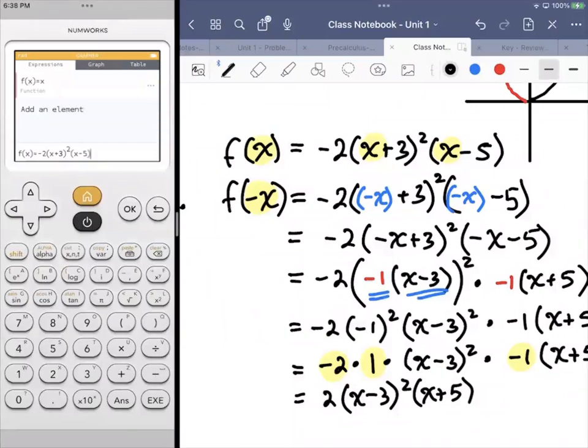All right, so this is my original function. Then I'm going to pop in another one, which would be the one we just came up with. So 2 paren x minus 3 squared times x plus 5. All right. Now,